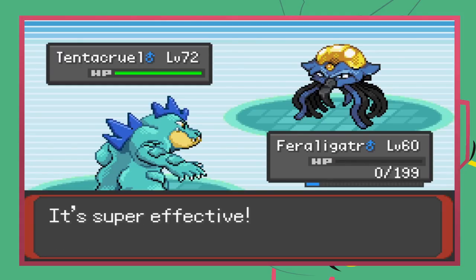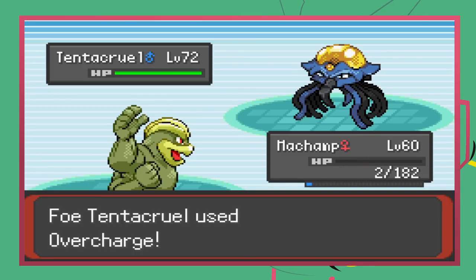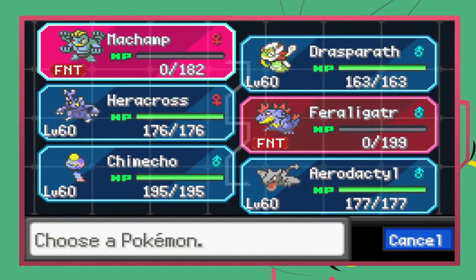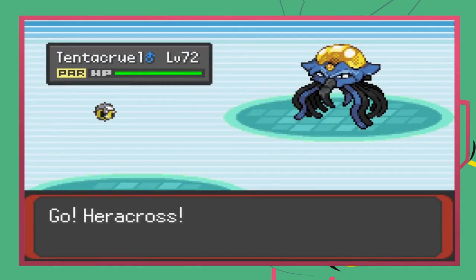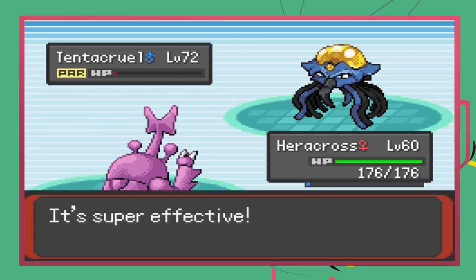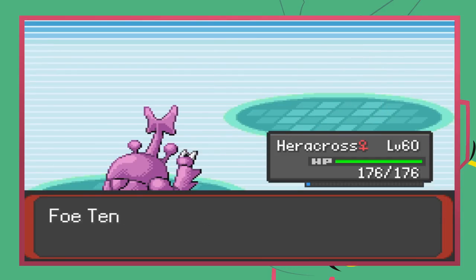He cuts our sweep short, so I send in Machamp for its debut battle, only for it to be instantly KO'd by an Overcharge. Great job, Machamp. He does get paralysed by his own attack though, allowing me to switch into Heracross and outspeed, bringing it down to a Sliver with Earthquake. He actually gets fully paralysed as well, so we can take it out with another one, and next up is